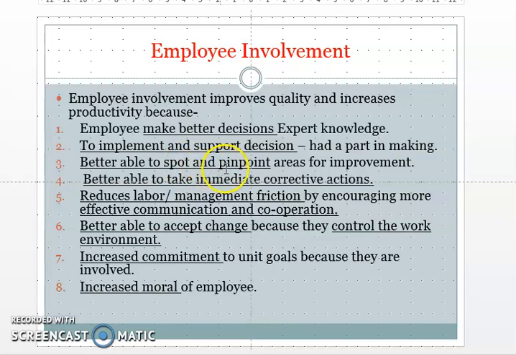They are able to spot and pinpoint areas where improvement is needed, and also reduce labor and management frictions because there is effective communication and cooperation in this employee involvement. They are better able to accept change and also they can control the work environment. There is increased commitment, and all this about employee involvement increases the morale of the